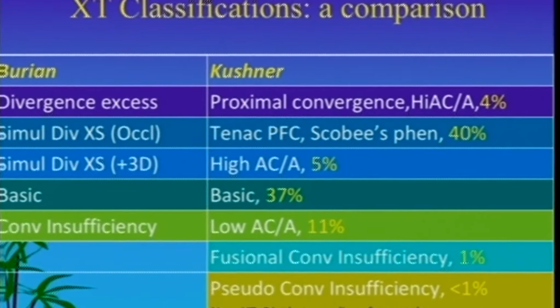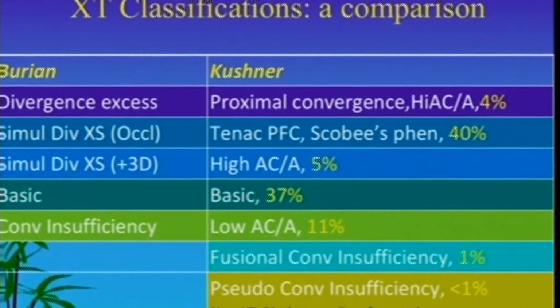And the earlier Burian's classification, which classified as divergence excess, simulated divergence excess, which is seen by the +3, a basic type which is the same measurement for both distance and near fixation, or a convergence insufficiency type. And there is a modification by Kushner where he has subdivided and given some, in a way, the reason for having this difference, like the proximal convergence causing a true divergence excess, and a tenacious proximal fusional convergence, or what he now tries to call Scobie's phenomenon, which is by far the commoner variety of